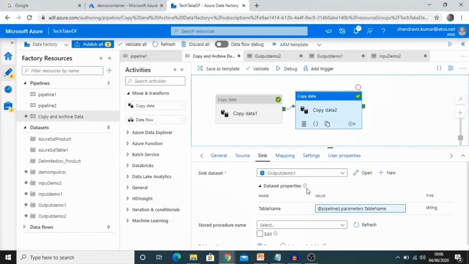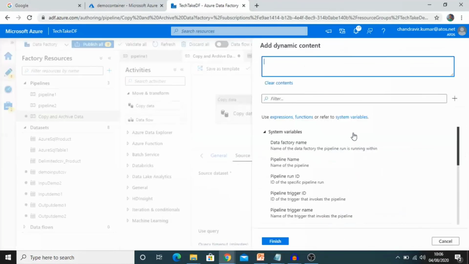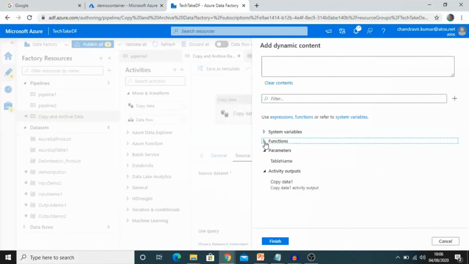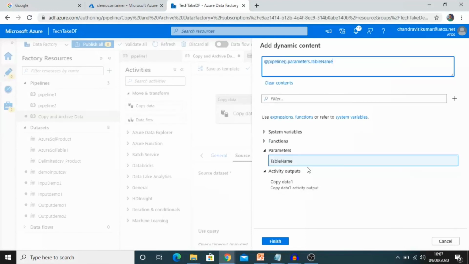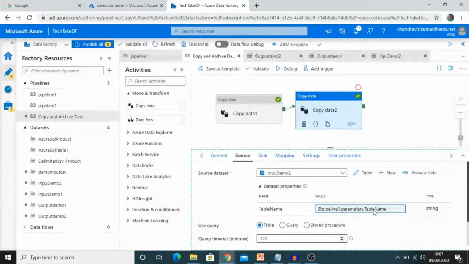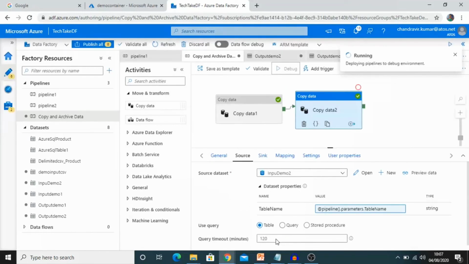Now go to copy data 2 to make the same dynamic expression for this table. Select the parameter, table name. Something went wrong. Let me delete it and select the same parameter again. Yes, the pipeline parameter. Now if we run this pipeline, it will ask for the pipeline parameter. We can see here pipeline and parameters. The table name we are passing is the same for both activities now, through the pipeline. Just hit run. Okay, this should be the final run